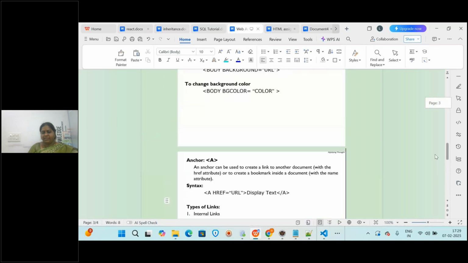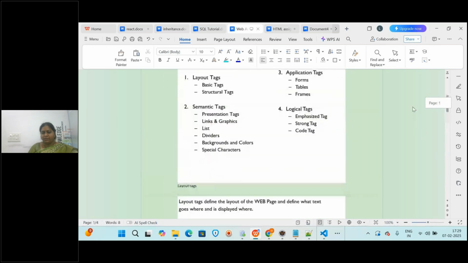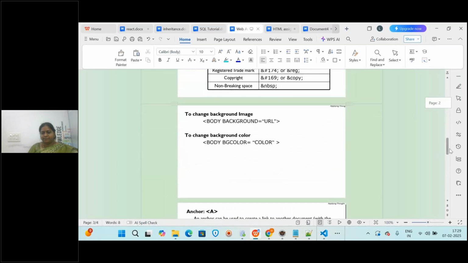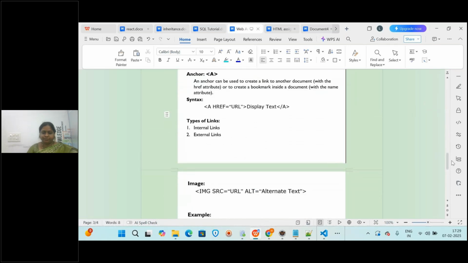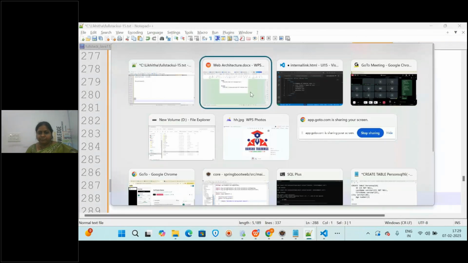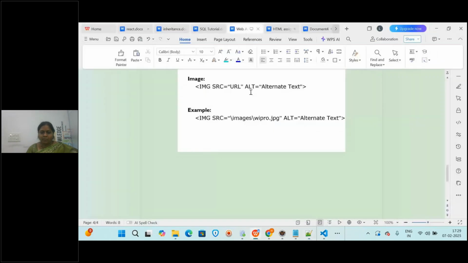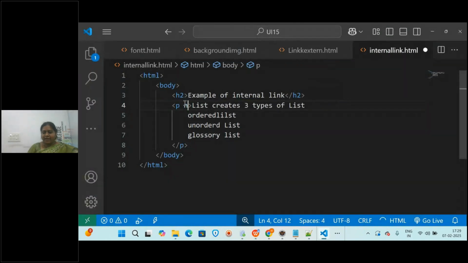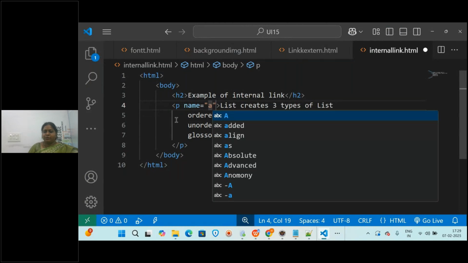So how to give that bookmark, I will show now. You will be giving here some name or id. So here name is equal to a, this is about list.